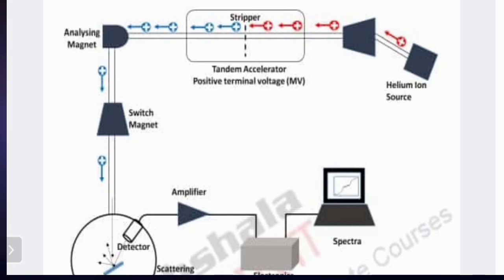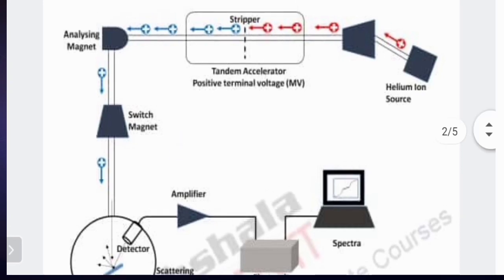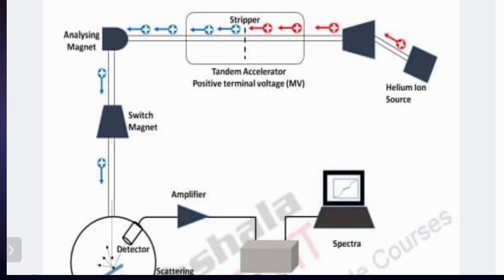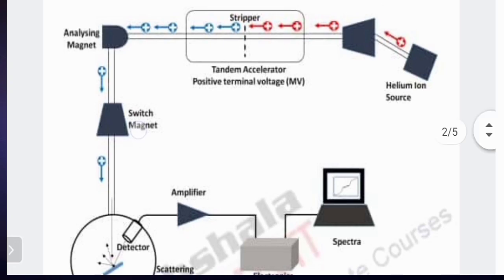Once the ions are ejected from the accelerator, they enter the magnetic assembly, the analyzing magnet and switching magnet, where we separate the ions based on their mass and charge. Even if we use a helium source, there might be other interfering ions or atmospheric ions which could interfere with the analysis. So we need to eliminate those ions using the same magnetic analyzer tube that we previously used in various techniques, like the chemical analysis ISCA technique. The same sort of instrument is used in these analyzing magnets.